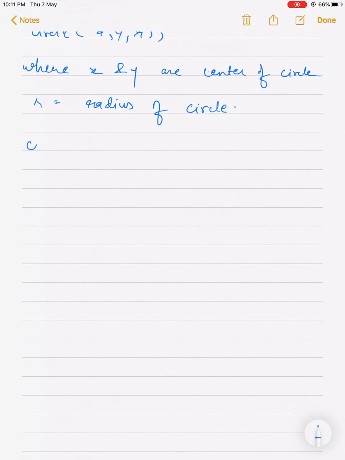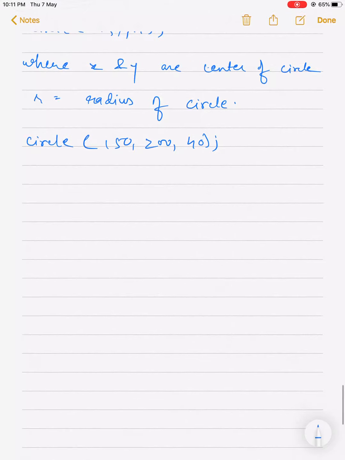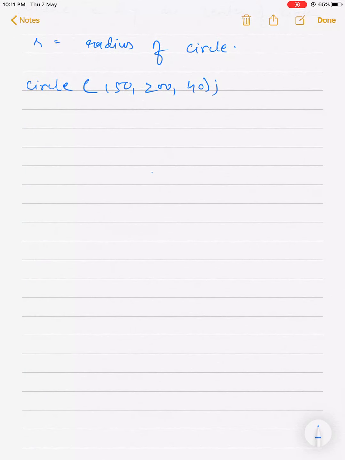So for example, if you put circle 150 comma 200 comma 40, that means a circle at center 150 comma 200 with a radius of 40 will be made. I hope this is clear.